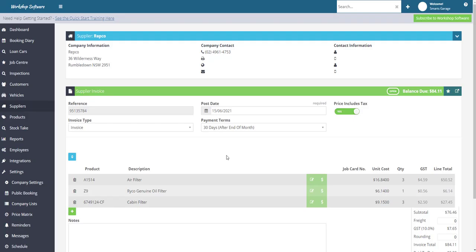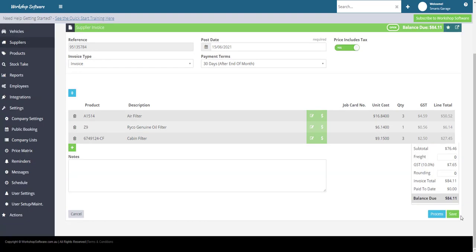Right, now that that's opened up my supplier purchase order, that shows all the parts that were on the purchase order itself. These should be the same parts that are on the invoice. And as we can see, we have the A1514 air filter, the cabin filters, and also the oil filter. Now, the reason that I wanted to show you this was very simply as follows. If I save this for a moment,